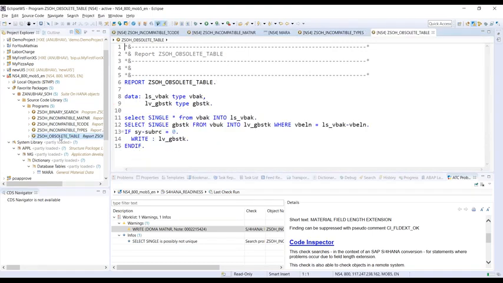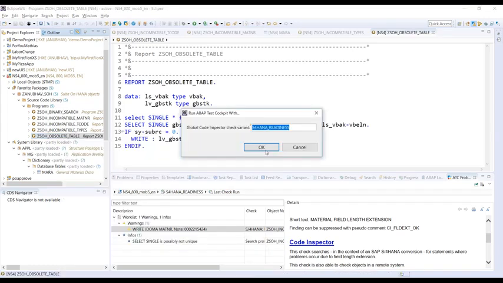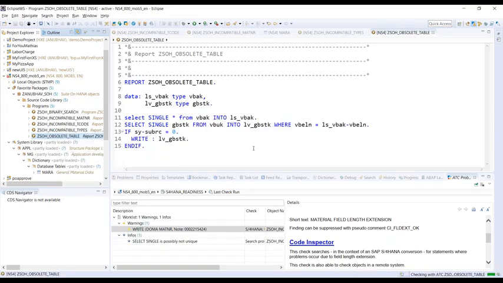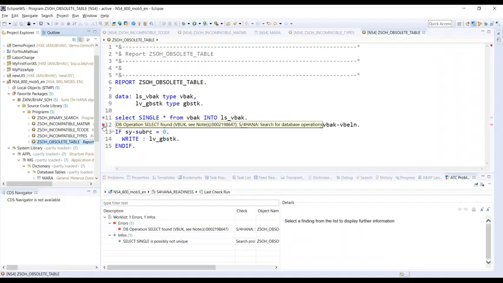Let's see what we have got to do with this. So I'm going to do a run directly here, run as ABAP test cockpit, S4HANA readiness. Please tell me with the simplification database, what is that change which I need to do in my custom code to adapt to S4. Let's do that. So now let's see what happens. It is doing a check. In the meantime, yes, it has found the error. You can see it has found the error here.